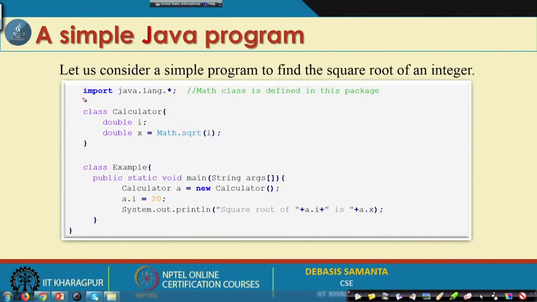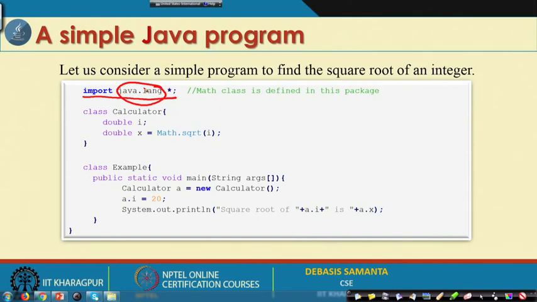Now, where is this class actually? If you see, this is the import section that we have. Import is very important. Whenever you want to use some special class defined somewhere else, you should use import. Here, the java.lang package has been imported. There is a package where many mathematical calculation related classes and methods are defined.